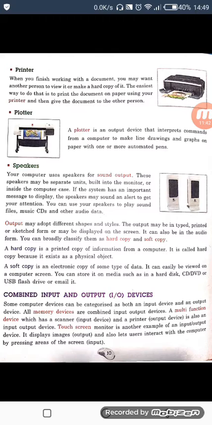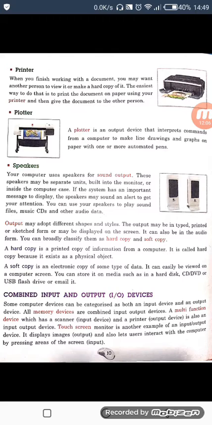A plotter is an output device that interprets commands from a computer to make line drawings and graphs. It is used for line drawings and graphs on paper with one or more automated pens. It means there are not as many features as a printer has. It can only draw lines and graphs on paper, that's it.